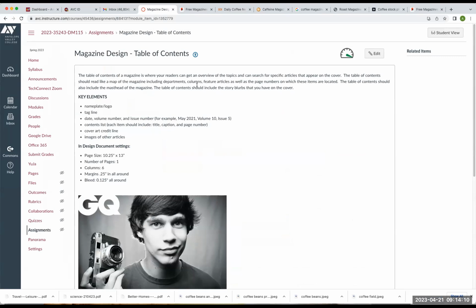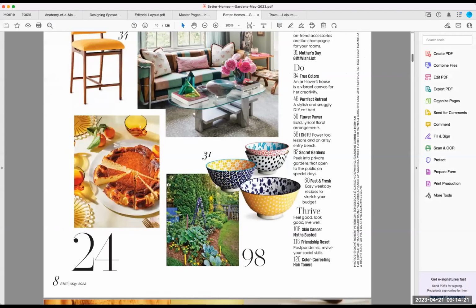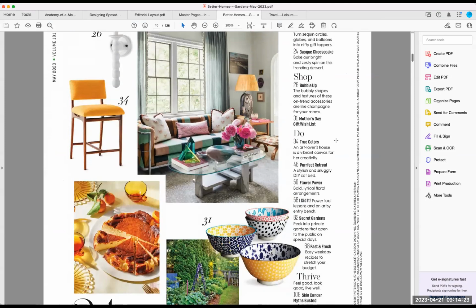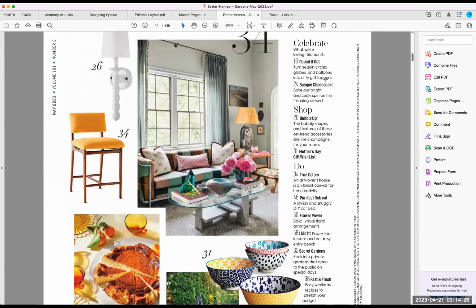The table of contents should also include the masthead of the magazine, and the story blurbs that you have on the cover. You can see on the Better Homes and Gardens one, they have a sentence telling you a little bit more about what the article is. It can just be a brief explanation of what the article is. Not all magazines do that, but this will give you a little bit more practice with